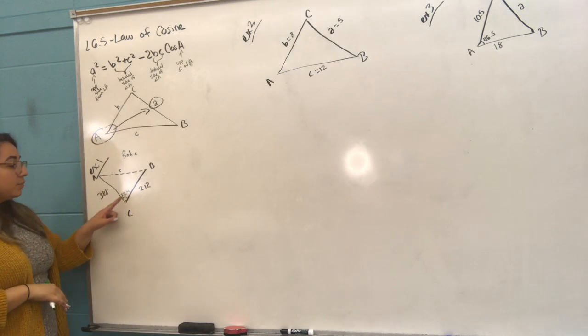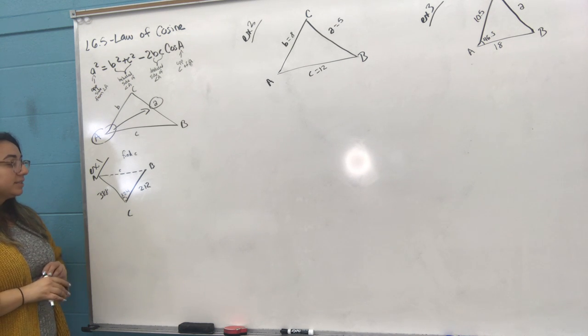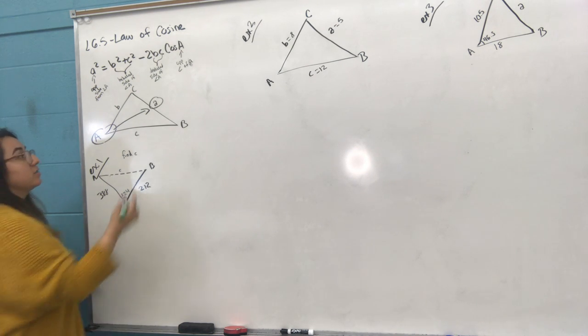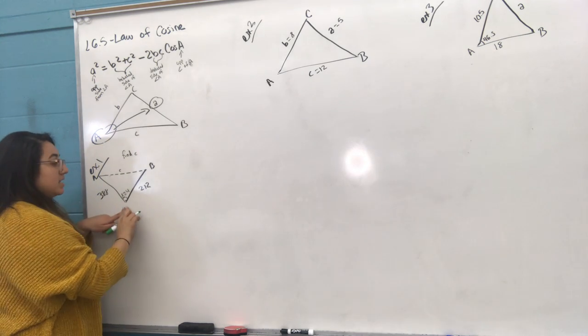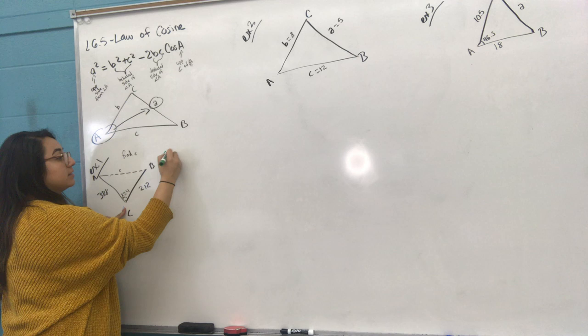So here we only have one angle, and we have 2 of the sides here. We're going to go ahead and use the law of cosine. So according to this, we're going to focus on angle C. The opposite side squared,